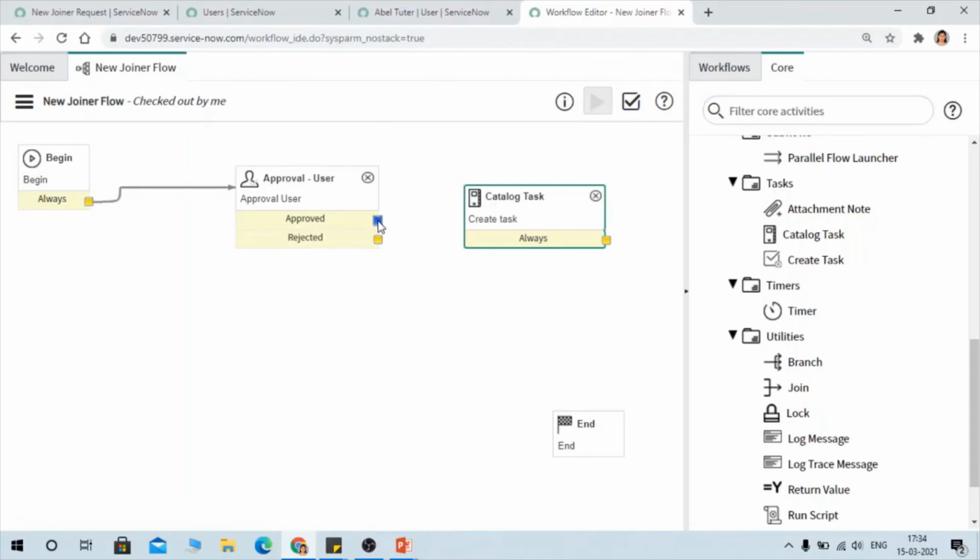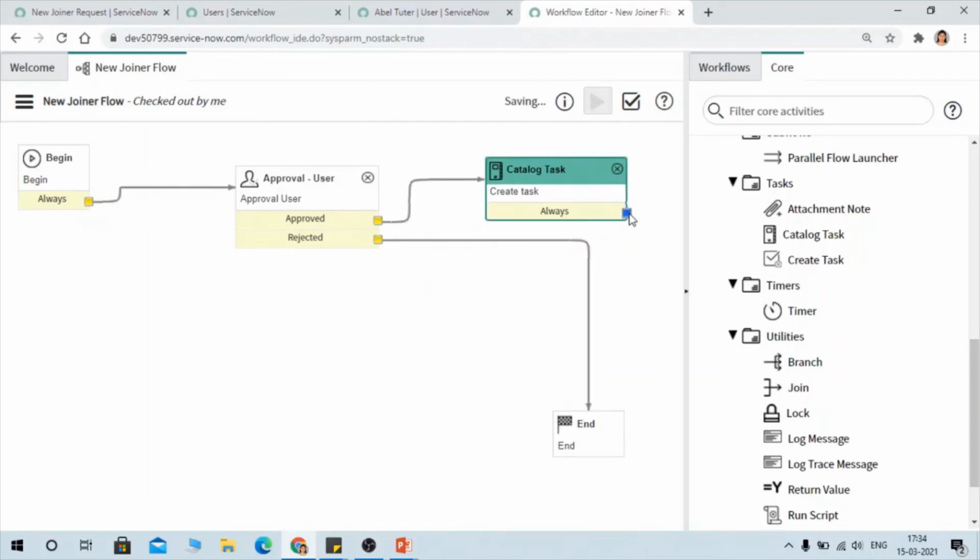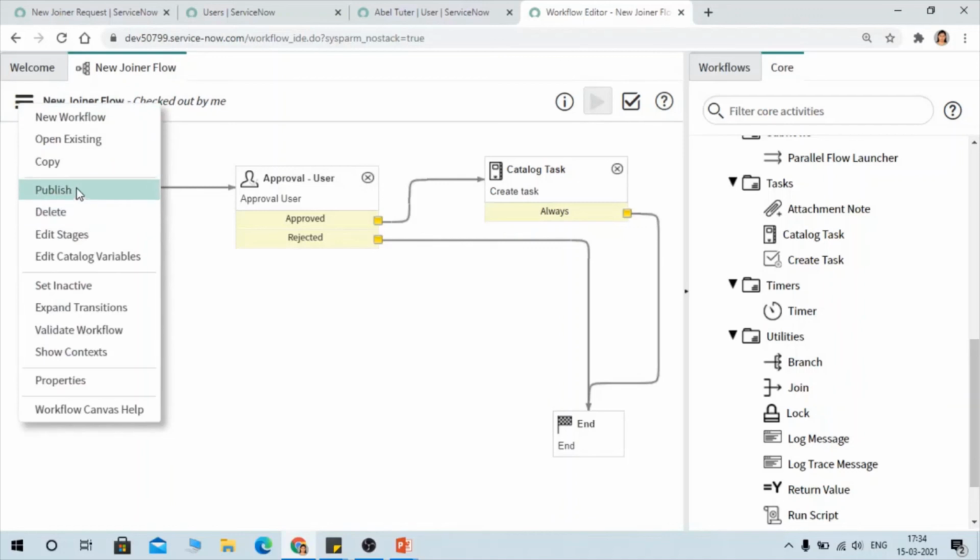Okay, so once it is approved, it should create a task. Okay, and once it is rejected, it should go to the end. And once the task is created, it should end this flow. Okay, so we are done. We can publish it.